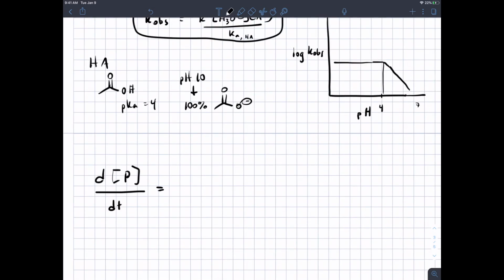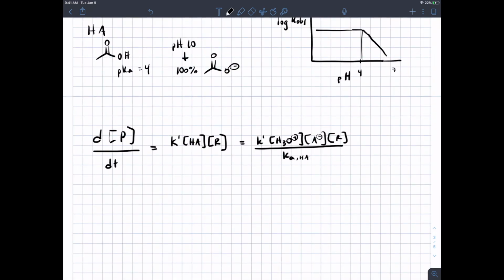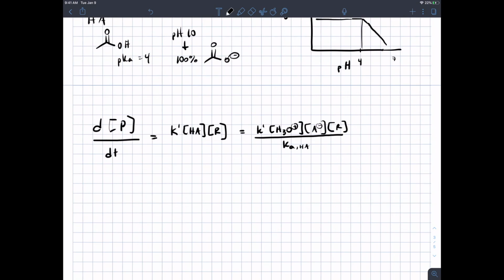Because we've got k times HA times starting material R, or k times H3O+ times A- divided by Ka of your acid times R. Because you've got these equivalent expressions, we can't actually tell